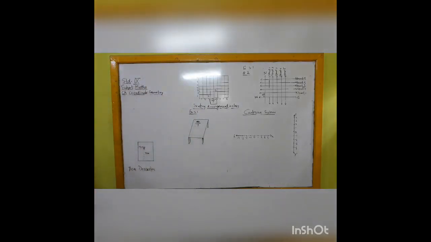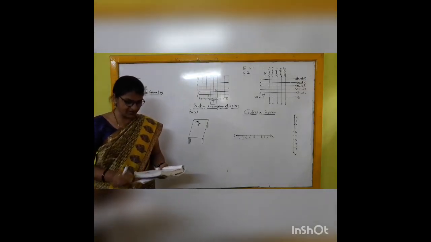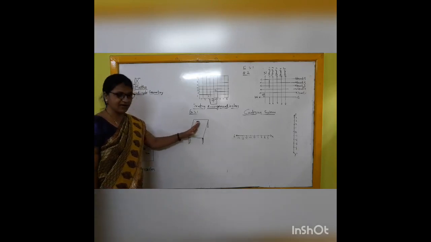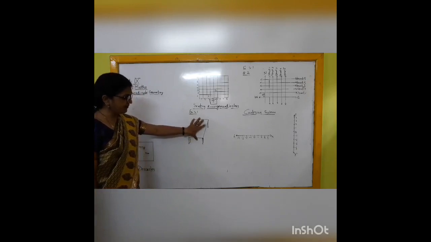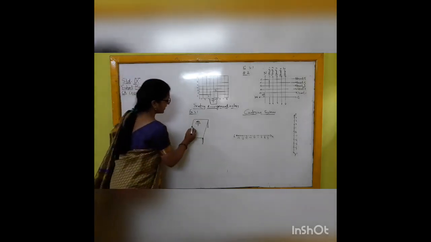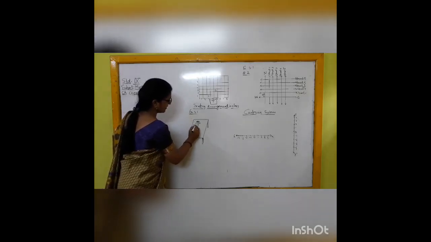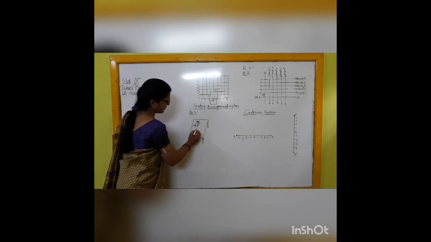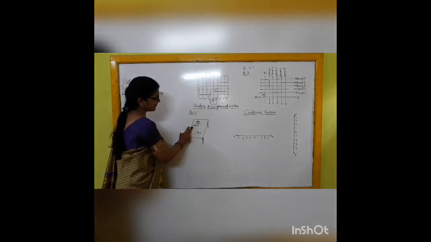First question is, how will you describe the position of a table lamp on your study table to another person? Now this is the study table and table lamp. This table lamp is considered as a point source, and the plane surface of the table is considered as a plane surface. To describe the position of the table lamp, you can find its distance from the longest edge of the table. Let it be 25 centimeter, and again find its distance from the shortest edge, let it be 35 centimeter. So this table lamp is at 25 centimeter from the longest edge and 35 centimeter from the shortest edge of the table.